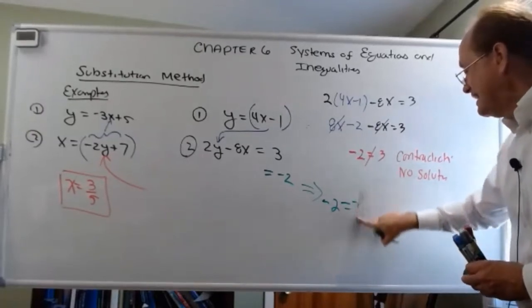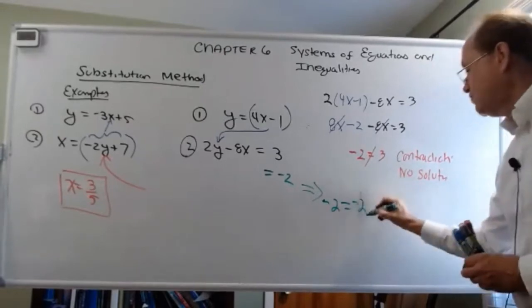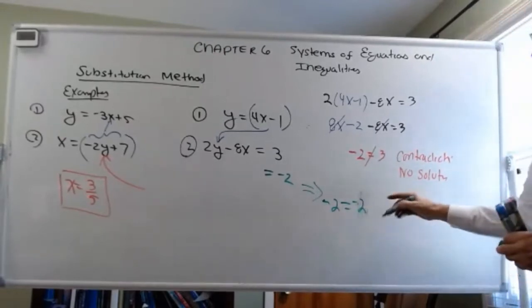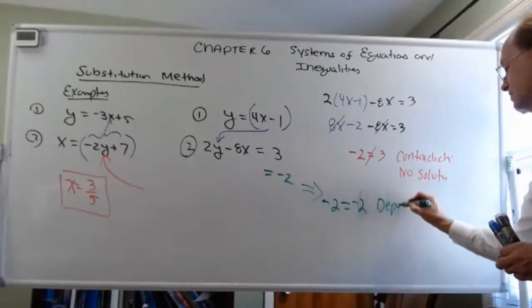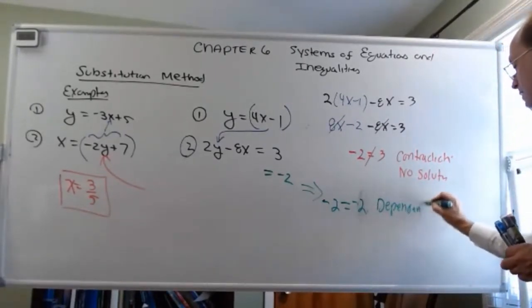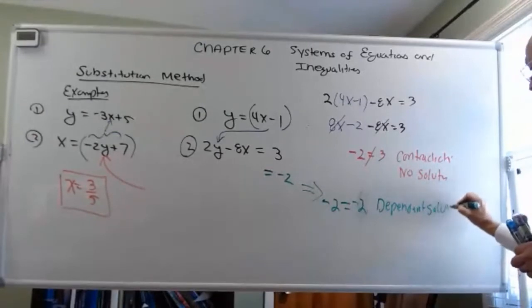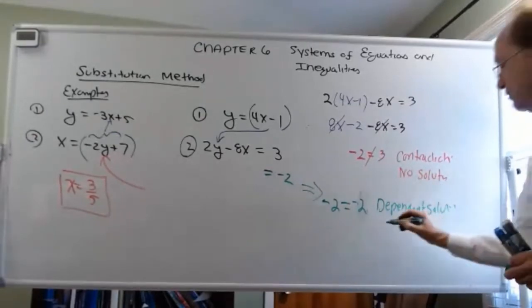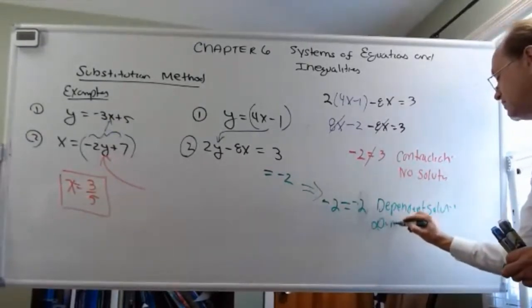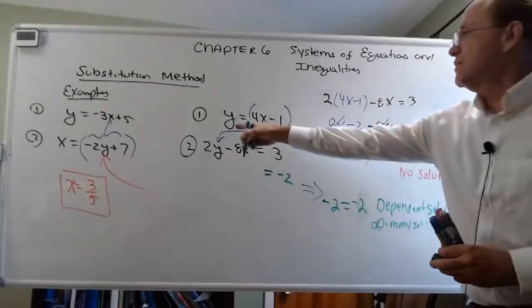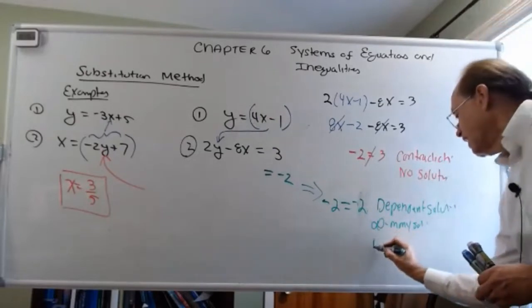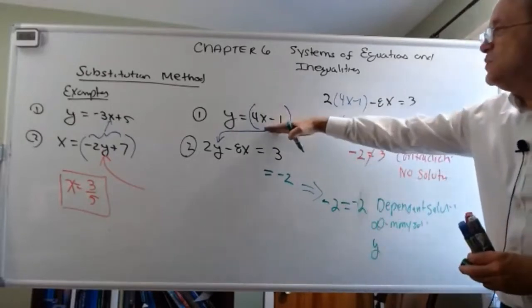This is a consistent system, and it's always true. In this case, what you would say is this is a dependent system. It's consistent, and you have infinitely many solutions, essentially every point on this line, meaning these two